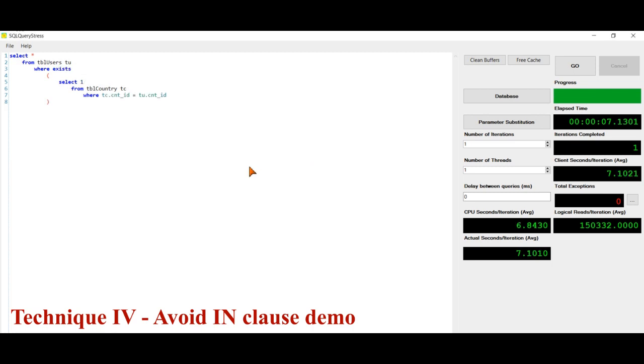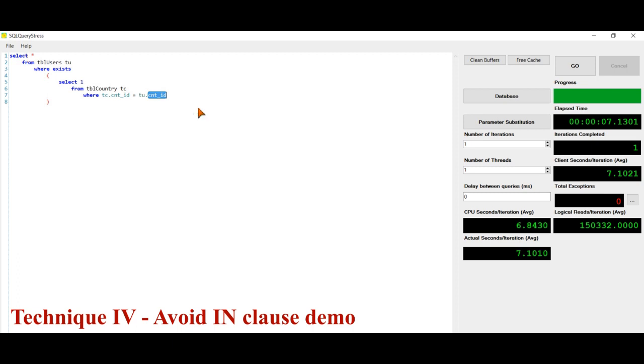Now, as you can see, I have used the EXISTS clause over here, and rather than checking whether the country ID is present or not, I have replaced it with EXISTS, and I just put the condition in this where clause that tc.cntid is equal to table users dot cnt_id, and whenever there is a match, that record would be displayed.